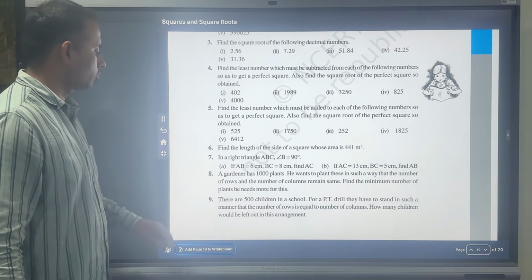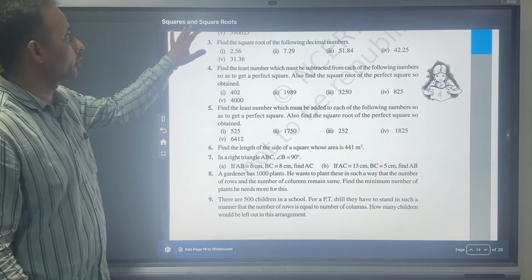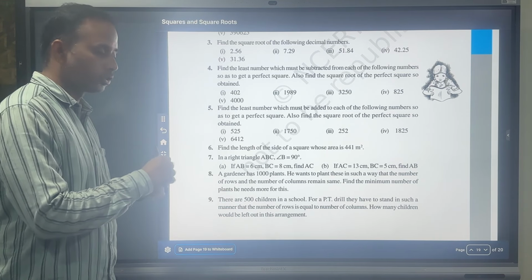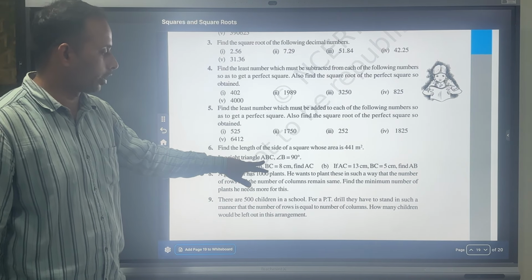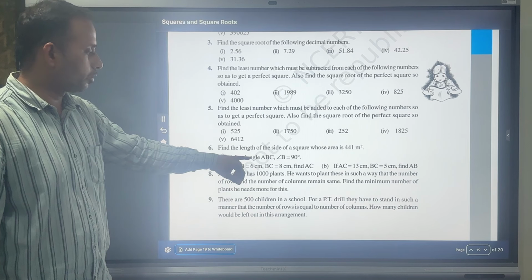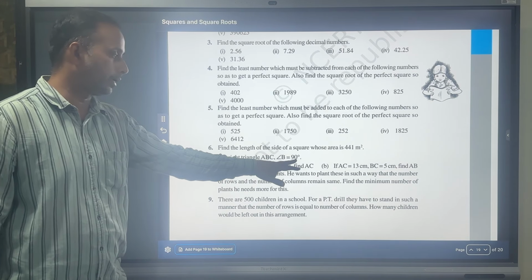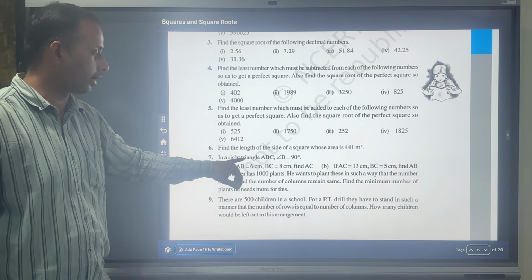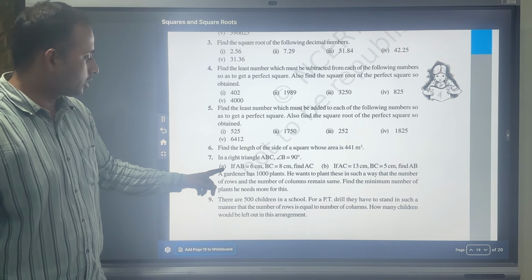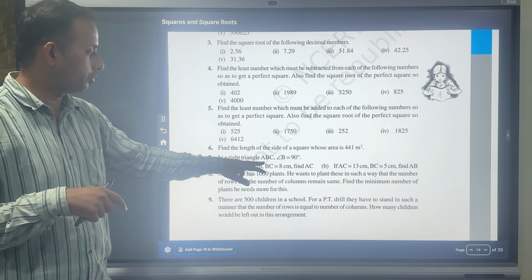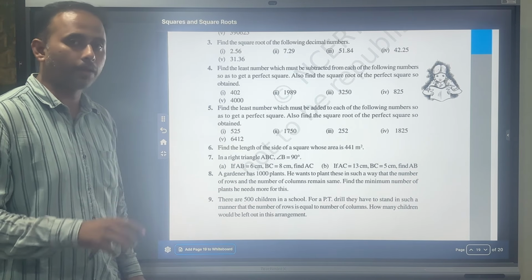Students, in this video we'll be solving the 7th problem of the square root chapter, last exercise. Let us see what they are asking us to find out in a right angled triangle ABC. So what is the name of the triangle? They gave ABC. In that one of the angles will be 90 degrees. That's why the triangle is called a right angled triangle. First question: they gave the dimensions of AB, BC, and they are asking us to find out AC.